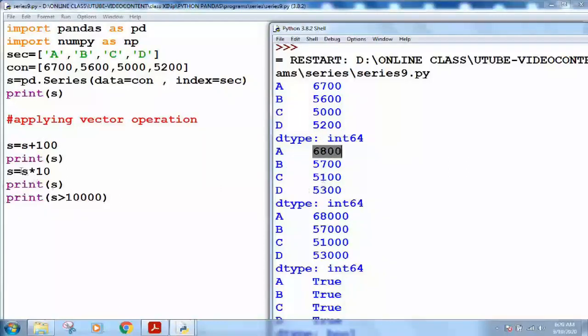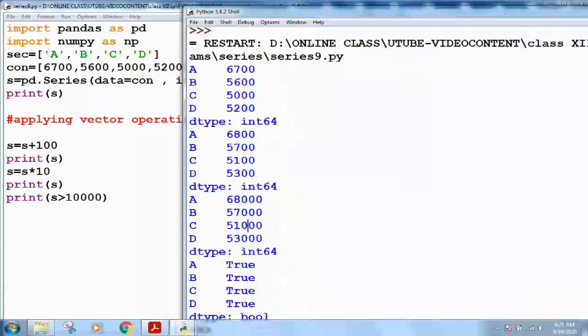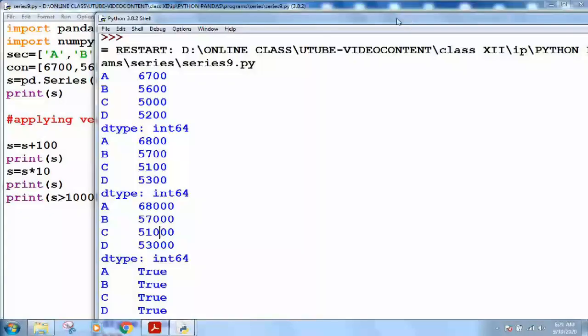If I multiply each element by 10, see here 68,000, because this is a new series, so 68,000, 57,000, and so on. Okay, if I want to check whether each element is greater than 10,000 or not, the answer is yes, every element is greater than 10,000, it is true. So in this way you can find out the answers of any vector operations on the series.